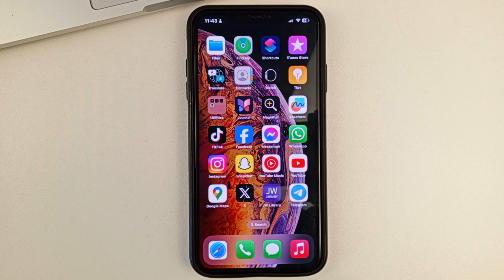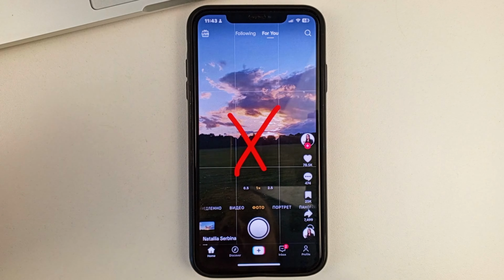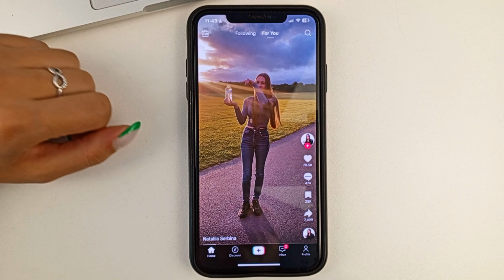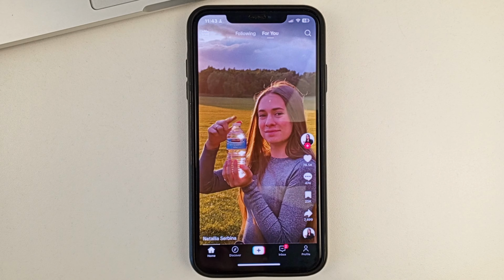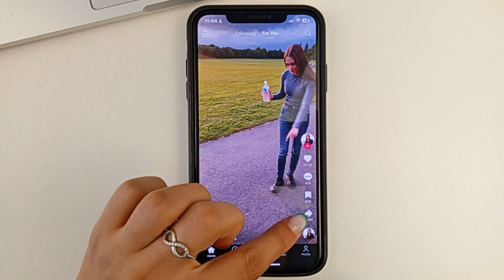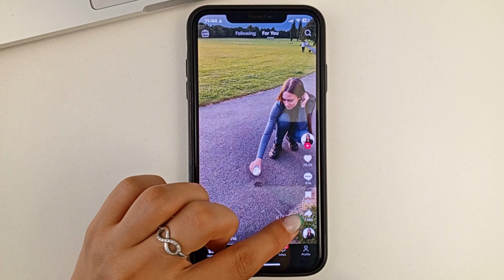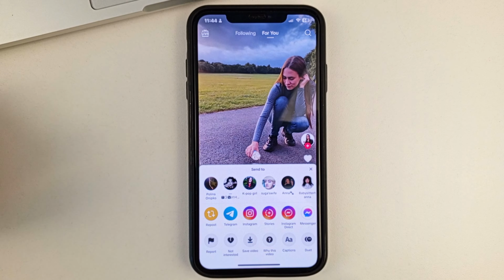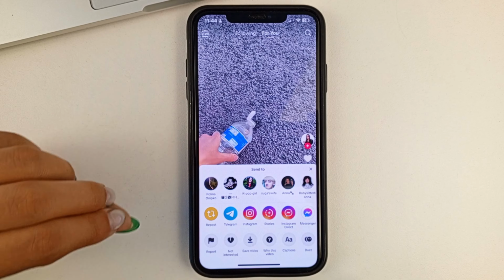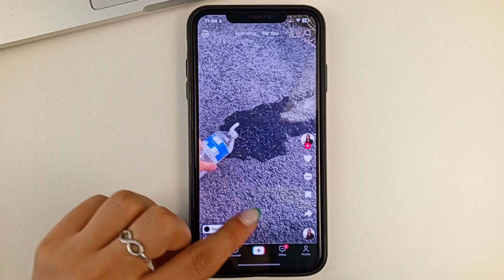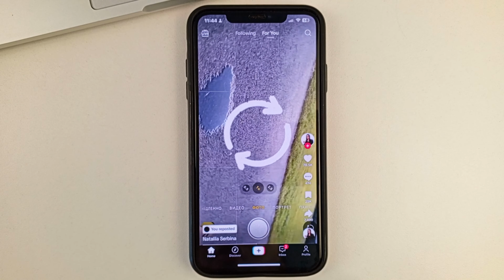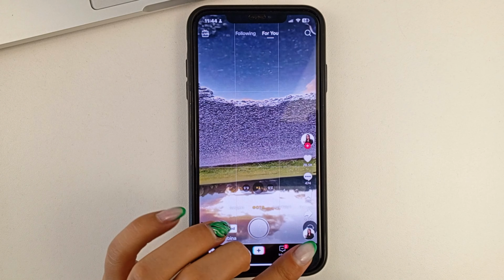So let us get started. When you watch some video in TikTok, let's say, and you like it and you would like to repost the video to yourself. To do that, you'll need to click on the bottom right on this arrow here. Next, friends, you will need to select this repost option. As you can see, you will immediately see the sign that says that you have reposted this video.